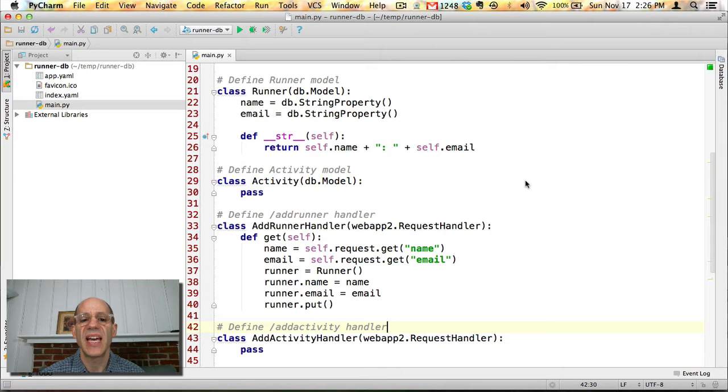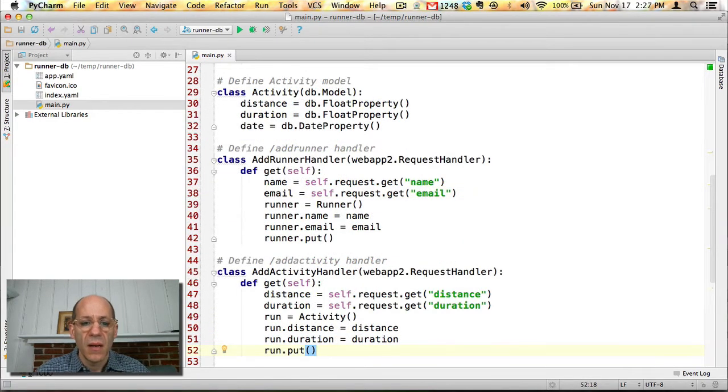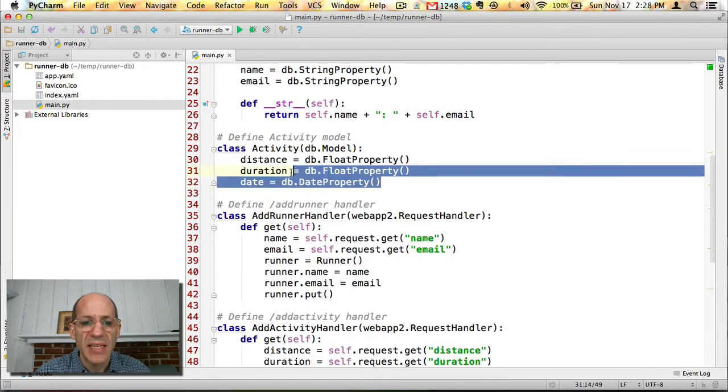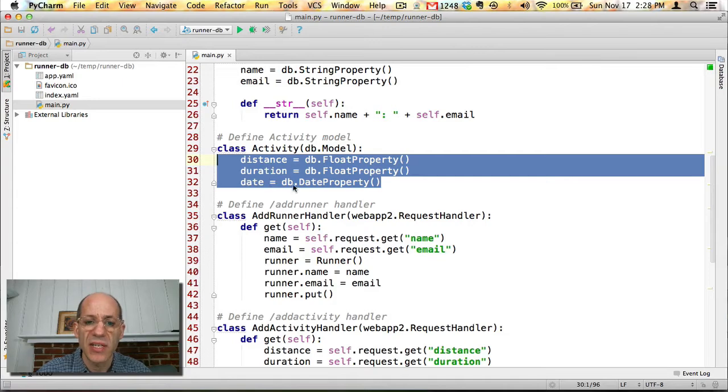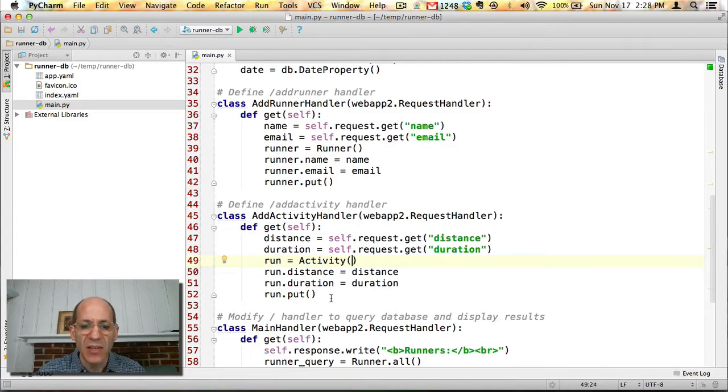The basics of the activity and activity handler are going to be about the same as runner. So let's just go ahead and write that. Alright, so we've got the basics here. We've set up the activity to have distance, duration, and date, each of the right types. And we've written the activity handler to pull out the URL parameters distance and duration, create an activity, and put